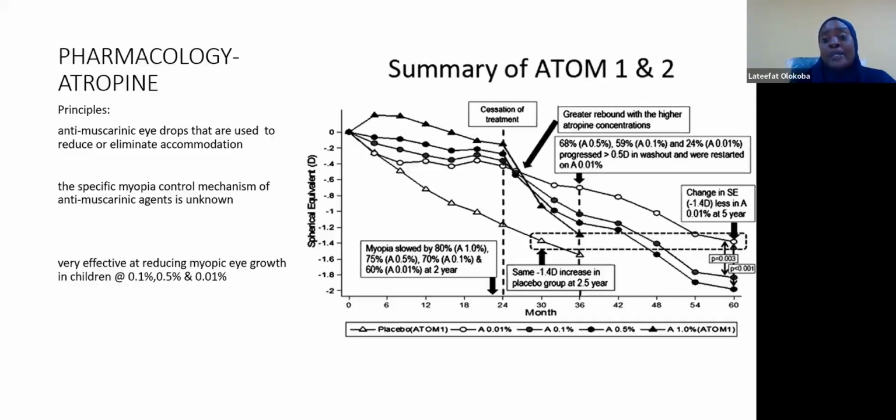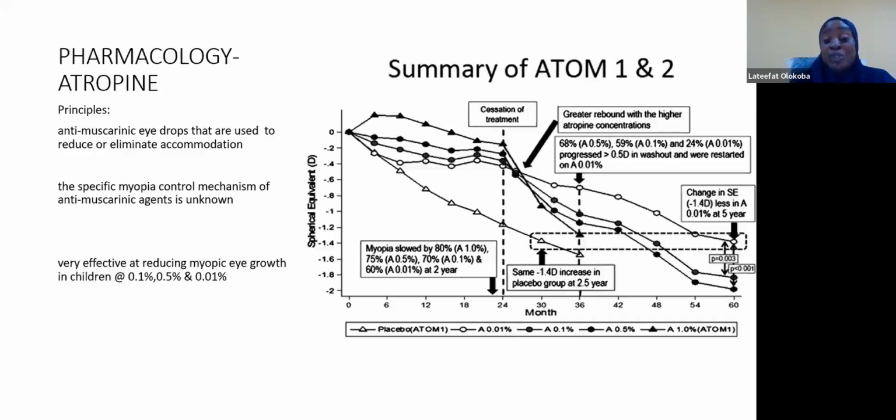In this trial, 1% atropine was given to children every night, and another group had just placebo, isotears, every night. And the group that had 1% atropine had their myopia slowed down by as much as